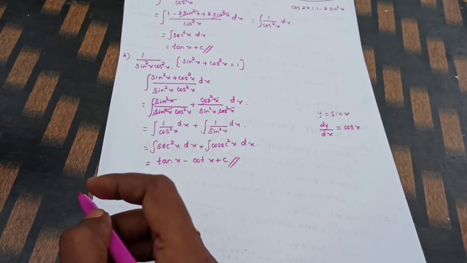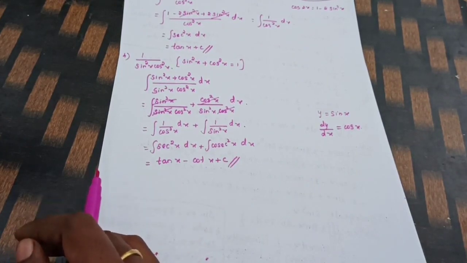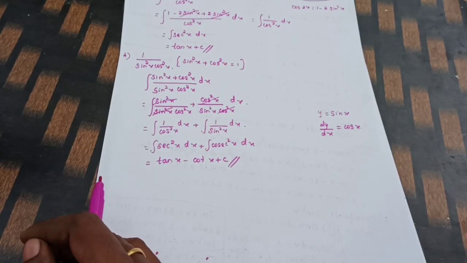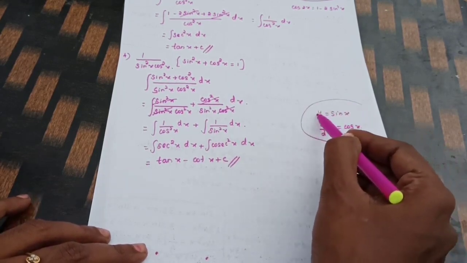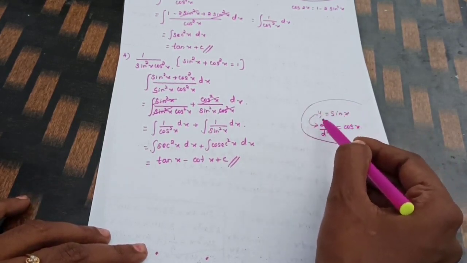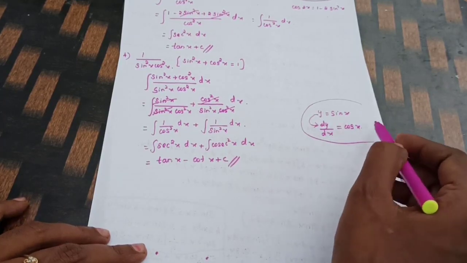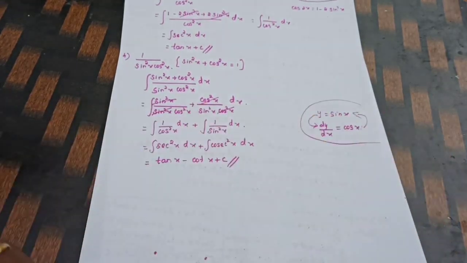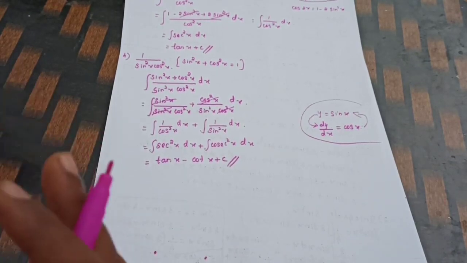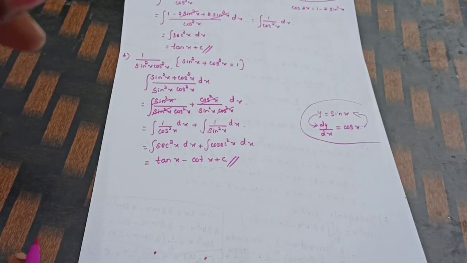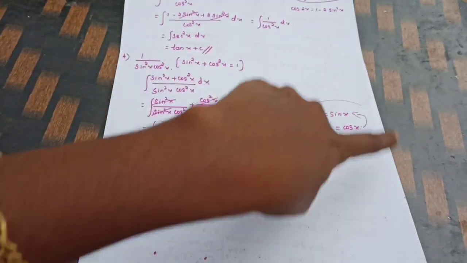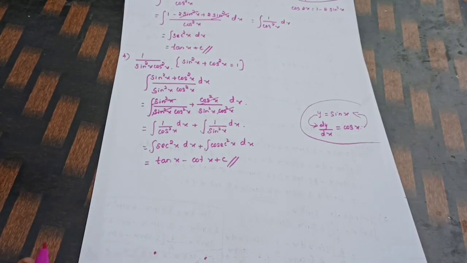When I started this chapter, I said integration is nothing but the reverse process of differentiation. So y equal to sin x, dy by dx, that is differentiation. Integration means the reverse process. Now you got some idea. When you differentiate y equal to sin x you get cos x; when you integrate cos x, you will get sin x. So the differentiation of sin x is cos x. Integration of cos x is sin x.